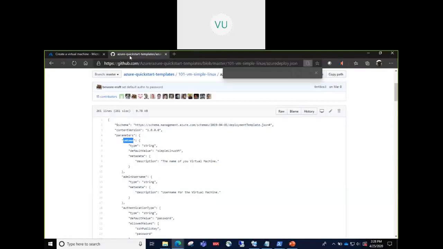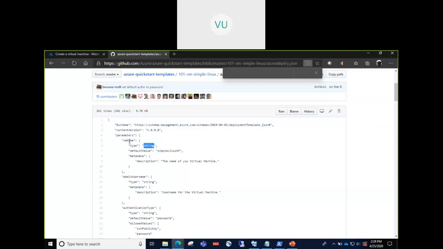This is one parameter. In the ARM template, you would denote that as VM name. Now you can name it the way you want. Not necessarily VM name, you can specify any other name also, like you can specify full virtual machine as text there instead of just VM. This is up to you.